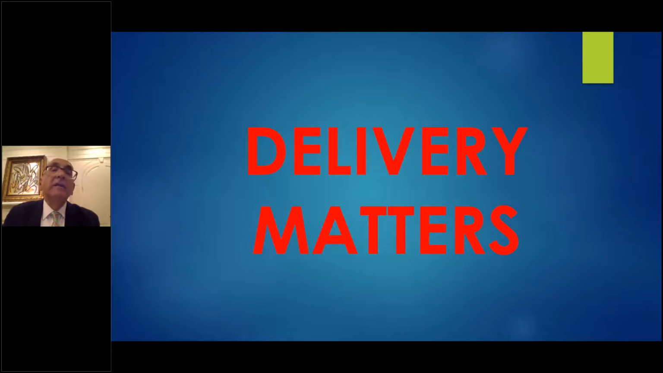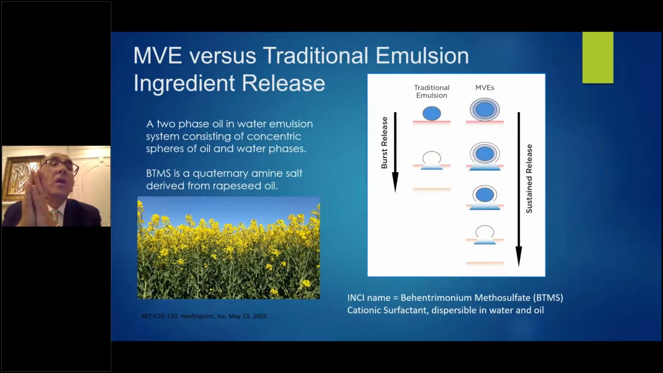So delivery matters, as in the vehicle matters. Why does delivery matter in this case? Next. Well, let's take a look at this emulsion technology, right? Multivesicular emulsion technology versus the regular emulsion. The emulsions are oil in water or water in oil. In this case, it is a two-phase oil in water emulsion. But it's not easy to make that emulsion stable. And it becomes stable with something called behentrimonium methosulfate or BTMS. BTMS is a cationic surfactant, and it's derived from rapeseed oil, which you see the flowers here. And the uniqueness of the BTMS is that it is dispersible in both water and oil at the same time. And that makes this oil in water emulsion